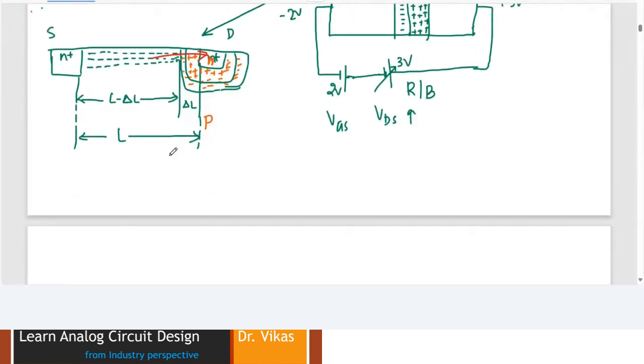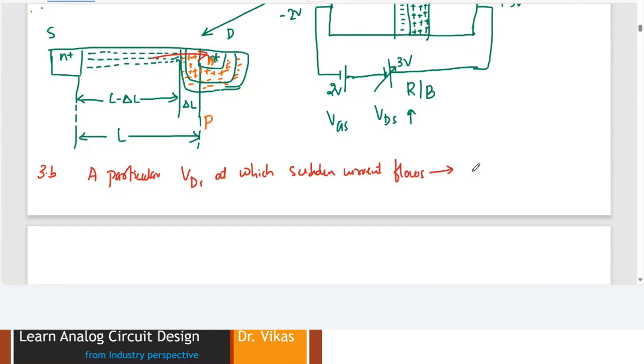That particular VDS at which sudden current flows is known as the MOSFET